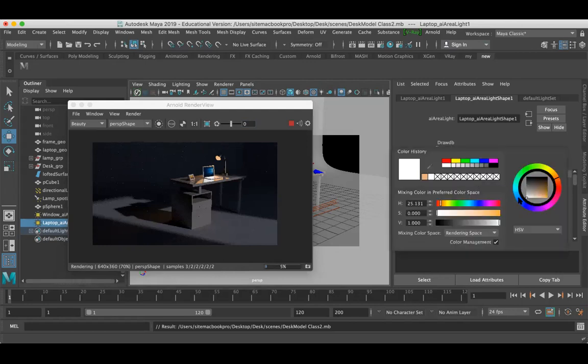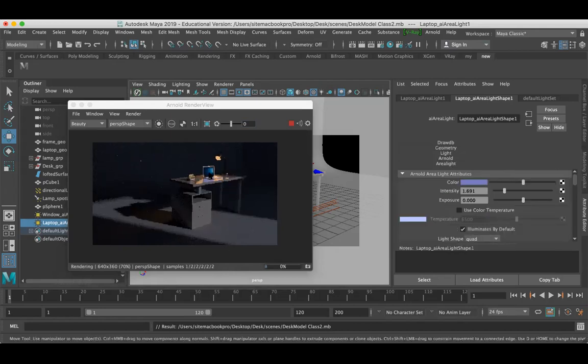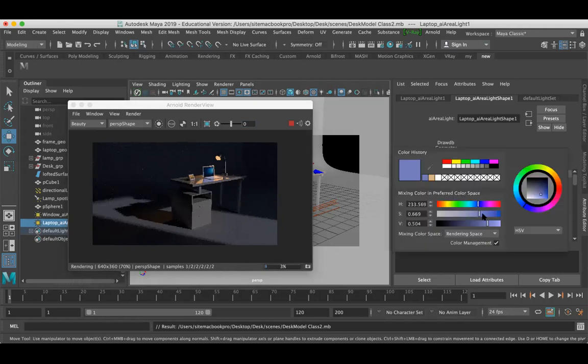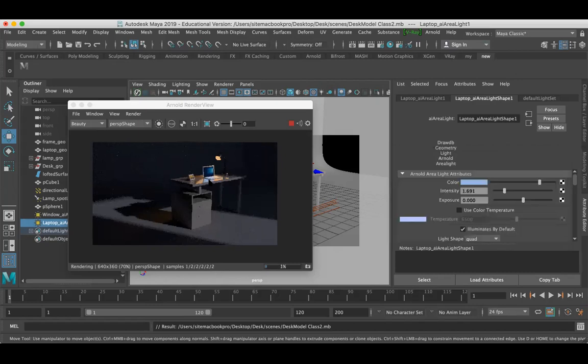change this color to blue. So I can see my light is blue here. I want to emit blue light. Yeah, you can find the difference here, guys.